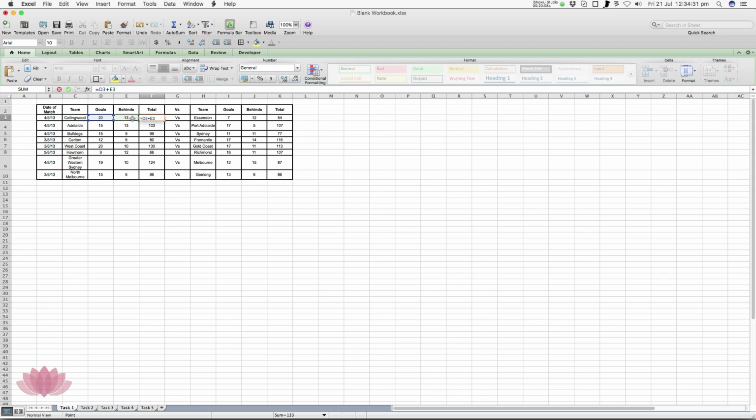So we can't just add up D3 and E3 to get an accurate total score. We actually have to multiply the number of goals, that's 20, or D3, by 6 to work out the total point value of the goals, and then add it to the number of behinds. So coming back to our formula or our equation, in order to multiply D3 or 20 goals by 6, before